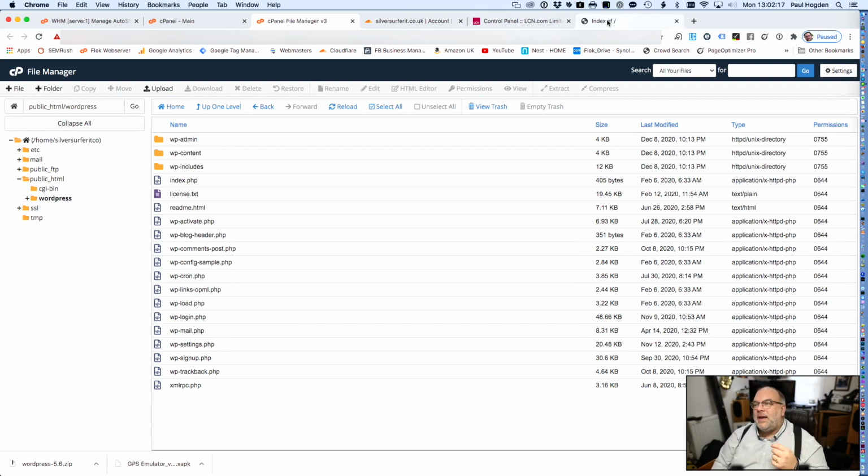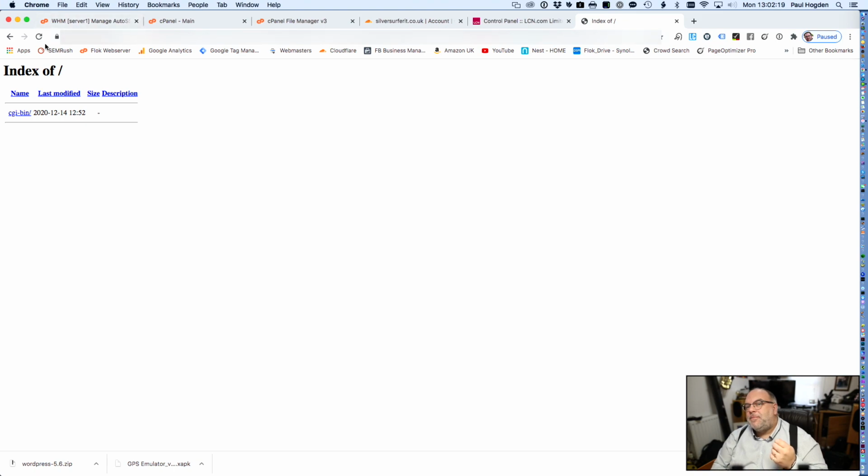Now, I'll explain why. If I refresh Silver Surfer IT, you will now see that the CGI-bin folder has been joined by a WordPress folder. But you'll notice that actually what should happen is we don't want the website to be served from a subdirectory. So we need to move all of those files and folders into just the public HTML root directory.